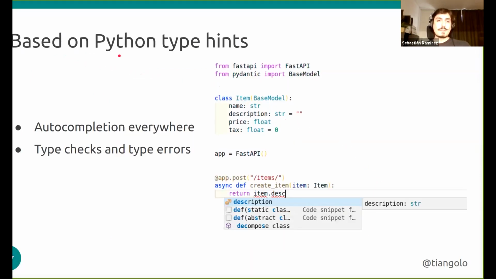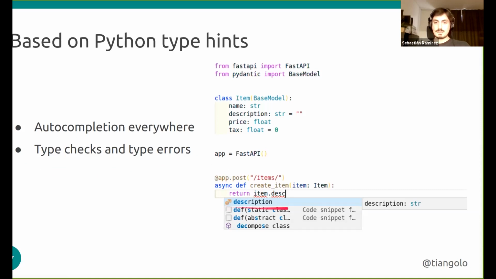FastAPI is based on Python type hints or type annotations. This is part of the Python standard. It's not a new syntax or anything. We're going to see an example a little bit later, but these type annotations are what power autocompletion in your editor and type checks and type errors in your editor.